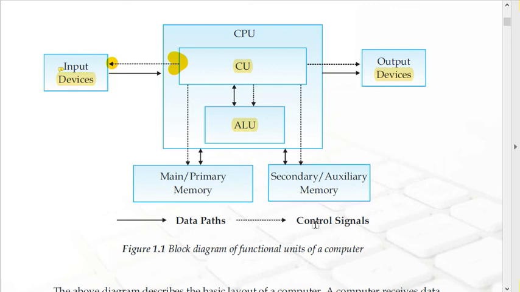Till then, just remember the functional units and find the definition of computer as well. And if anything is not clear, do let me know on the WhatsApp group so that I can make it very clear to you. For today your work is to write the definition of computer, which I have highlighted and shown you, and your second work is to make the functional unit diagram, which is this one. You have to make this diagram in your copy. In the next video I am going to give the explanation for these functional components. For doubts, ask me on the